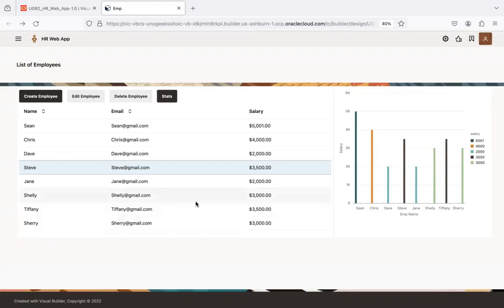We want to display employee name, email, and the salary. And in the 1/3 section, we want to display the list of employees in another format. So this is what we want to do on a landing page: display the list of employees in two different formats. And how do we do this? The first thing that I need to do is